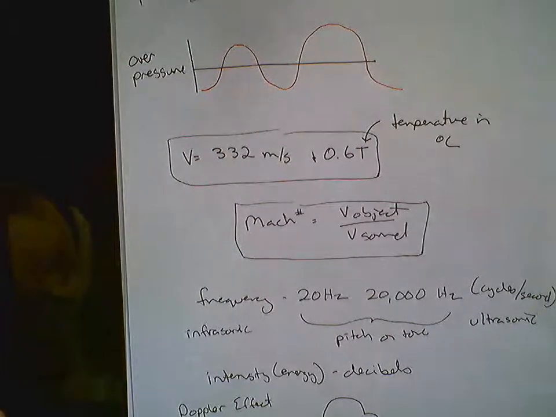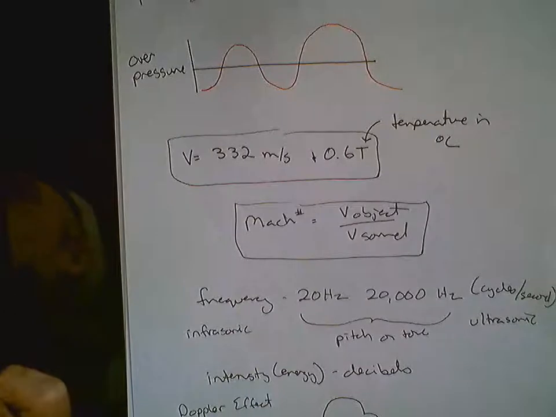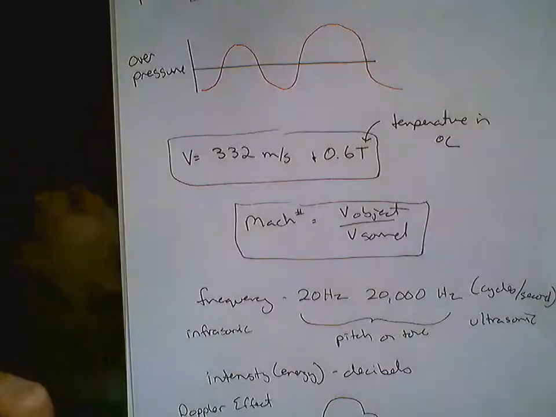Now, you might think that's really fast, but if you're at a baseball game and somebody's at home plate and you're in the outfield and they hit that ball, you see that ball go up in the air and then you hear it. Okay, light travels much, much, much faster than sound does. Light travels around the earth several times in 1 second, where sound is traveling 332 meters a second.